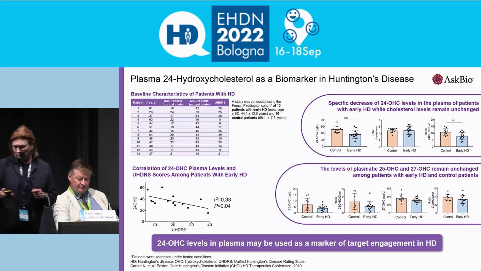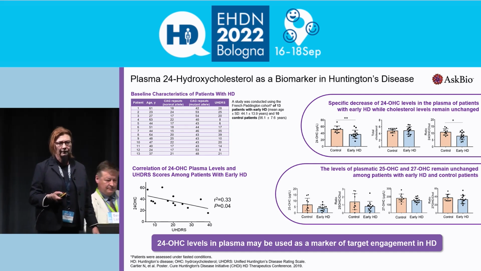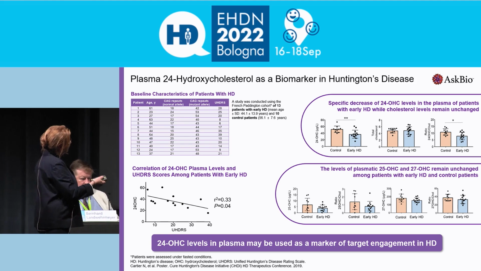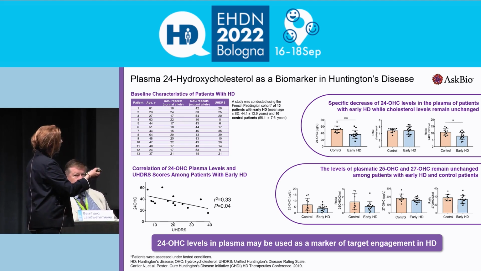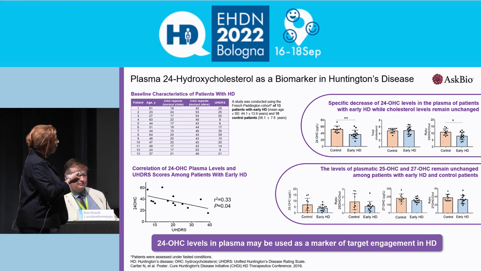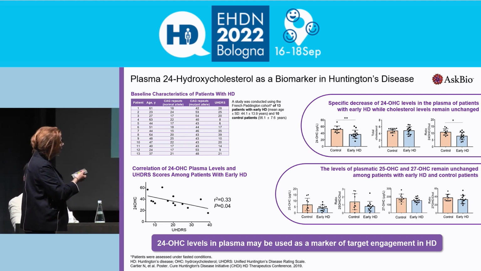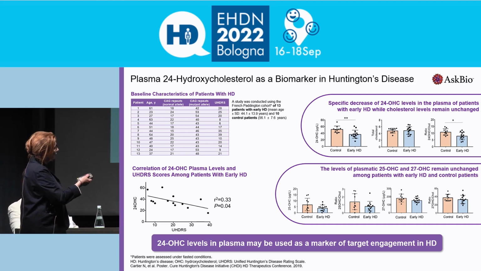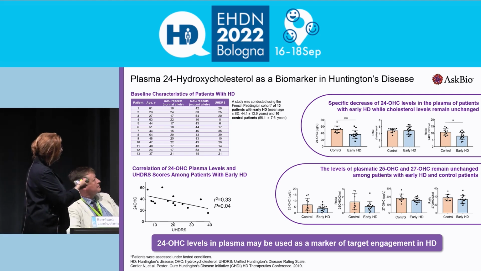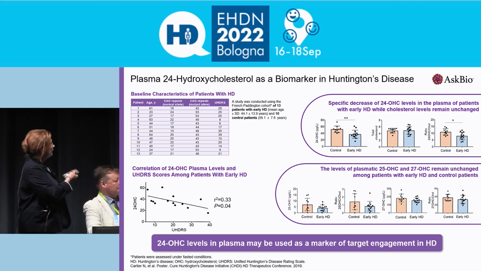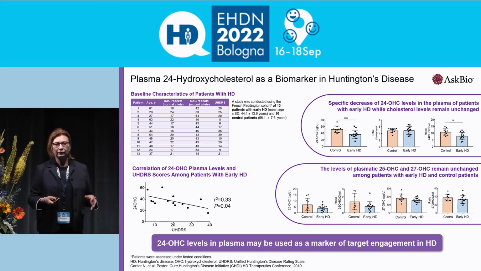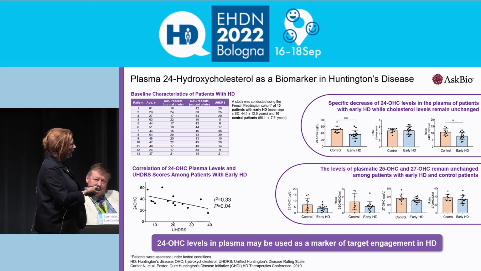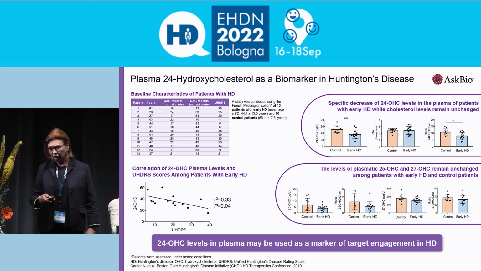The 24-hydroxycholesterol product from this enzyme is decreased in the blood from Huntington patients. This has been published in several papers. We have, with Alexandra Dur at Pitié-Salpêtrière, also demonstrated in a cohort of early patients from the French Paddington cohort that indeed 24-hydroxycholesterol is decreased in the blood of these patients, total cholesterol being normal, and that this decrease is correlated to the UHDRS score among patients with early HD. So definitively, this 24-hydroxycholesterol is a biomarker of Huntington disease and can be used as a marker of target engagement